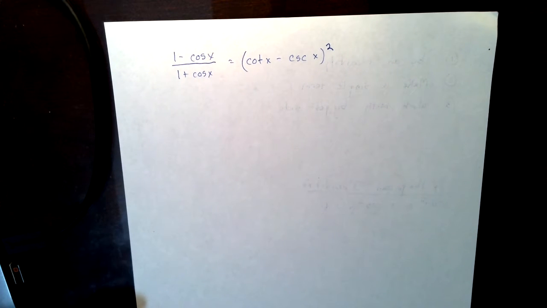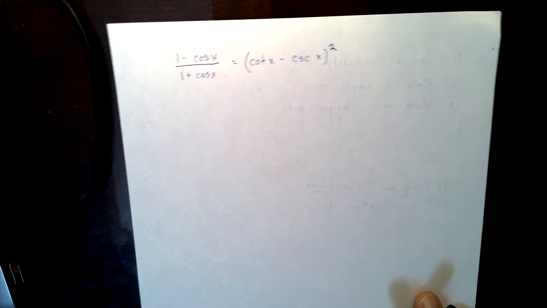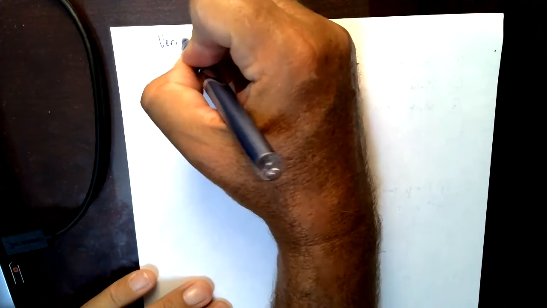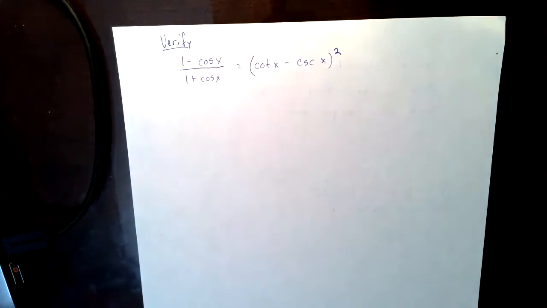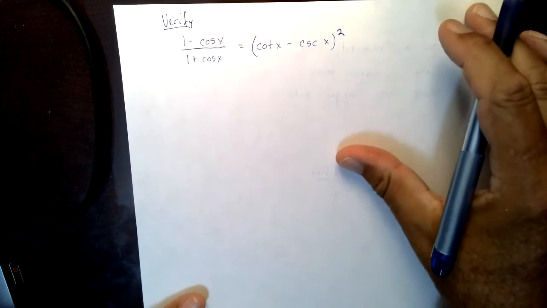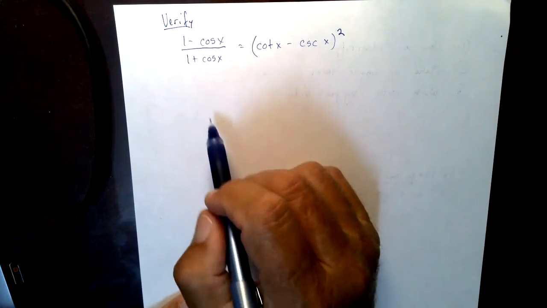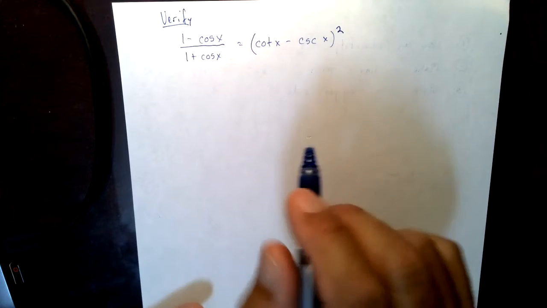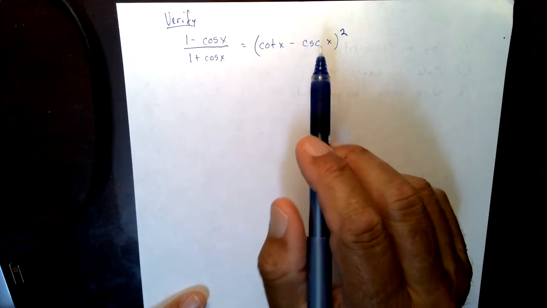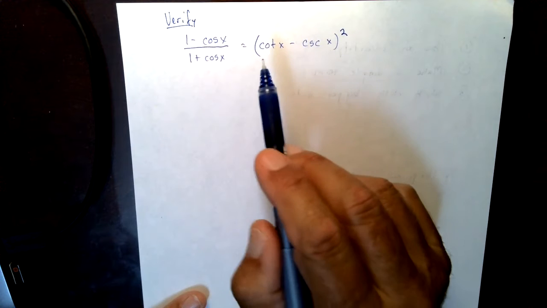So I was asked to help solve this identity. Not solve, but verify the identity, because the left side does in fact equal the right side. When I get ready to do this, I know I can only work with one side, either the left or the right. And most of the time, I start to take a look at different things, like I know